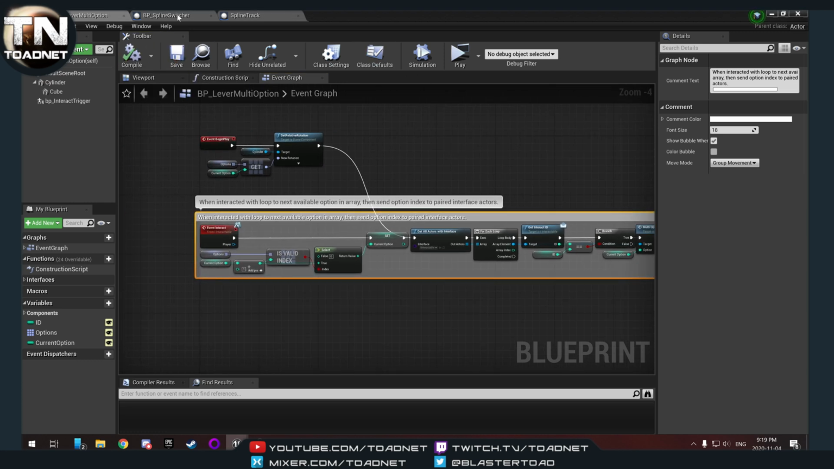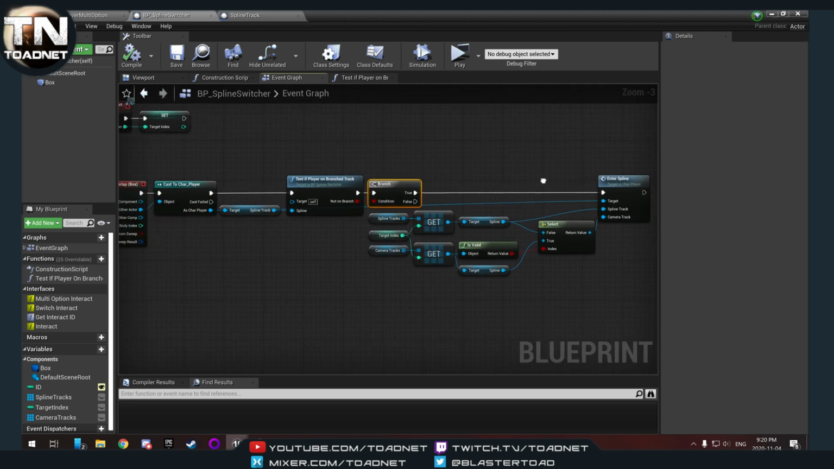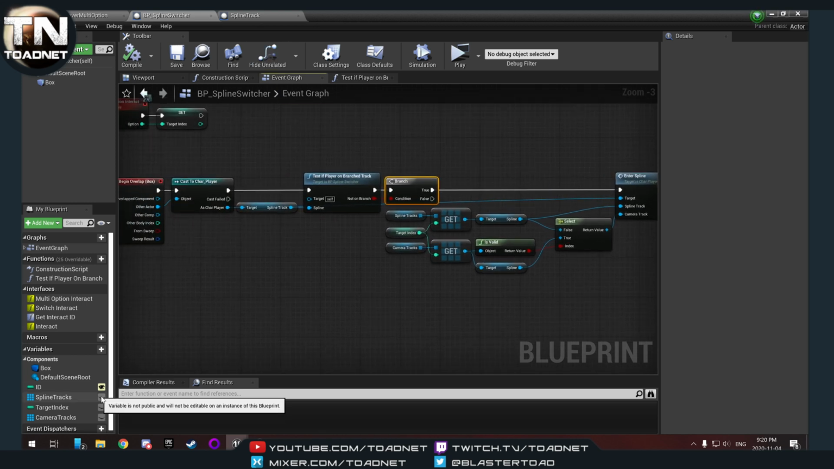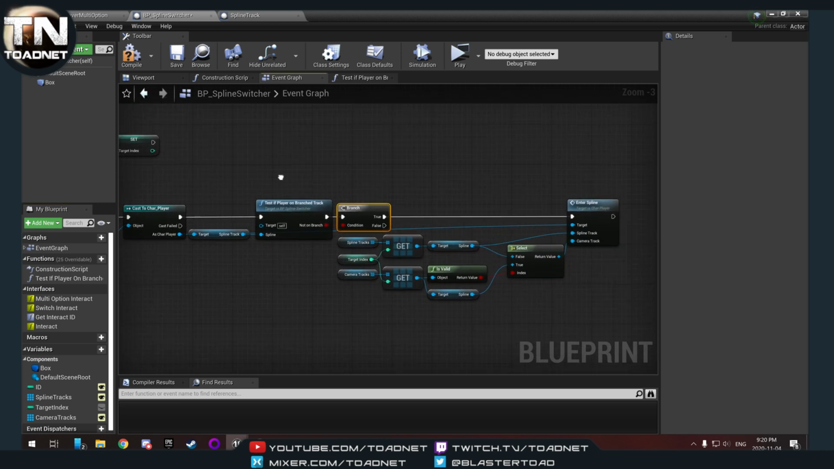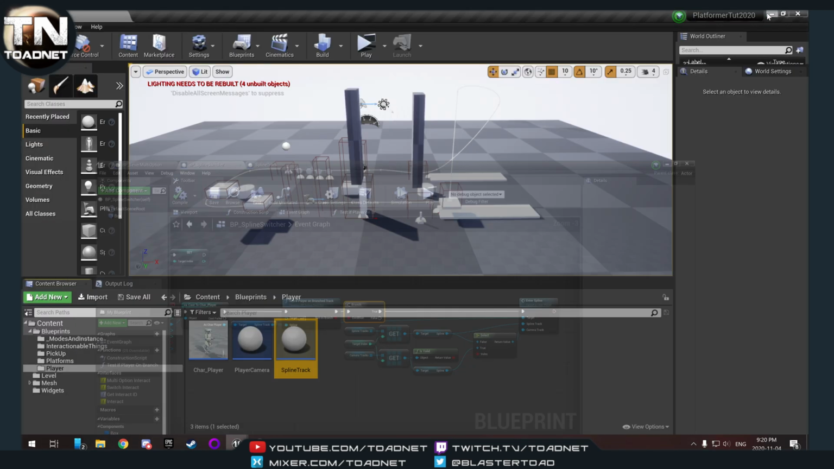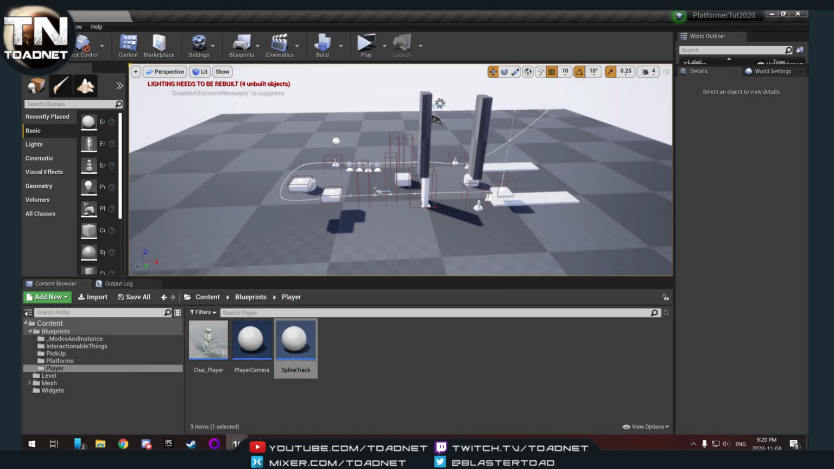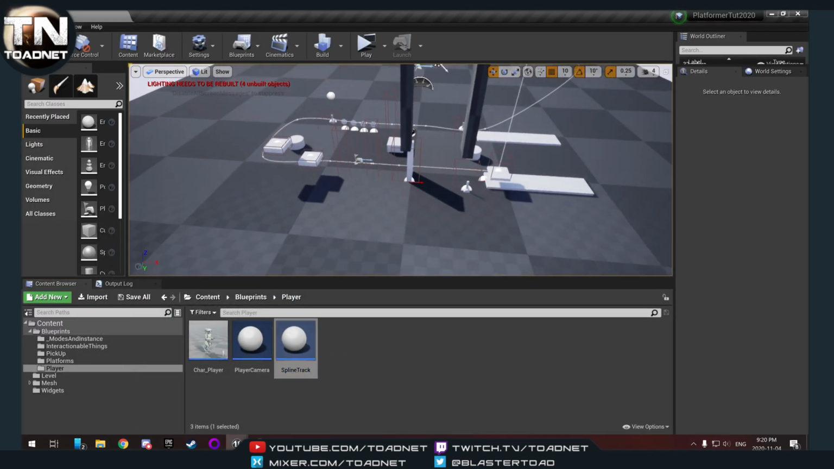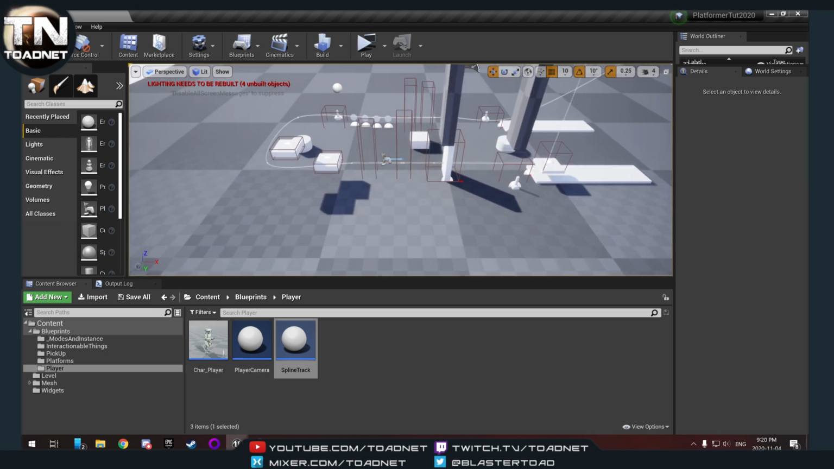File save. Spline switcher. Okay. So spline tracks and camera tracks. We want on target index. We don't need to worry about. Cool. So now let's